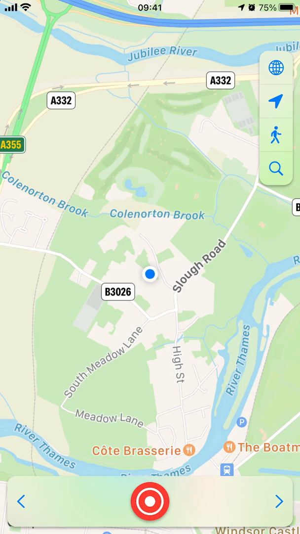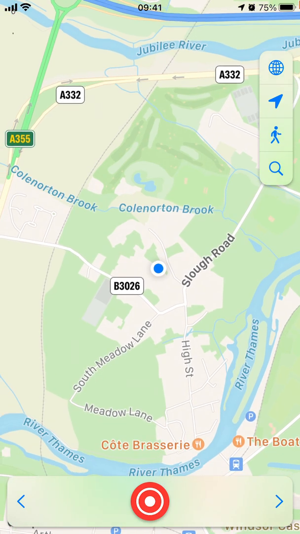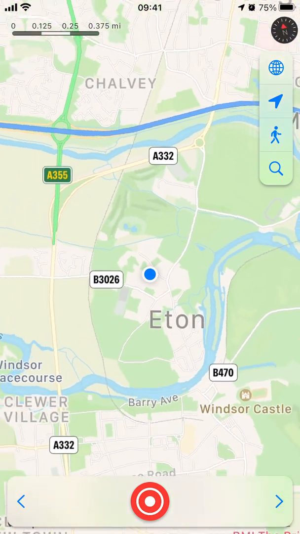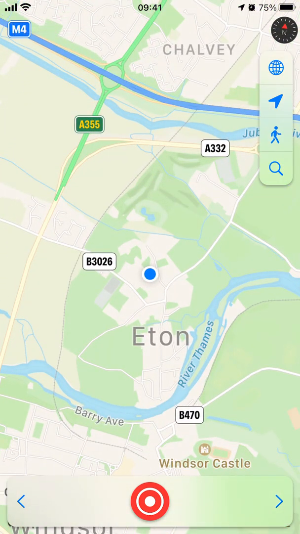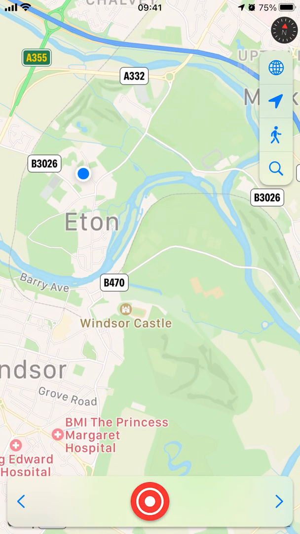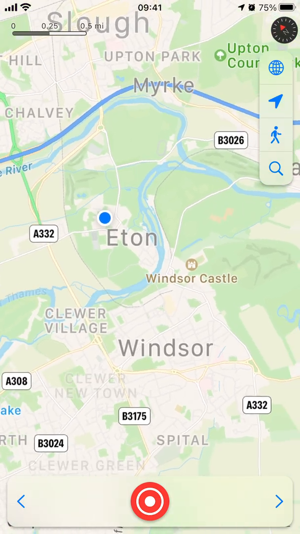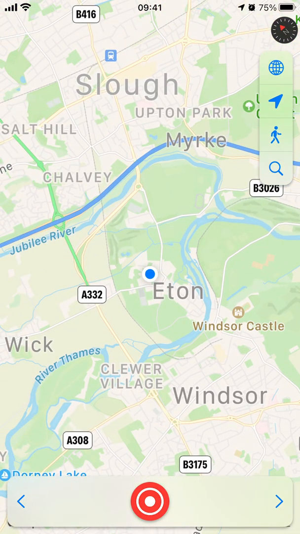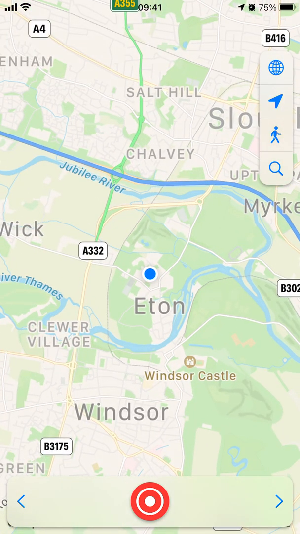that takes us to a big map which zooms in straight on us in Eton, and straight out of the bag you can see that it's a map that you can interact with and walk around, so that's the Apple Maps functionality, but I've also added the scale at the top left and then the tracker at the top right, which allows you to orient